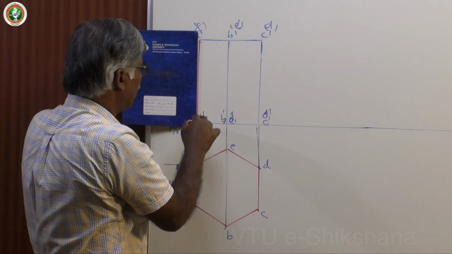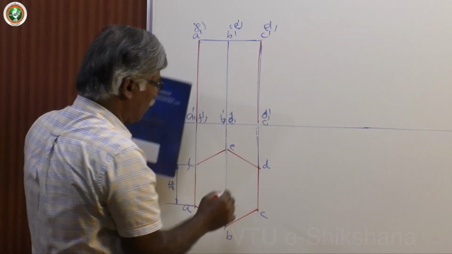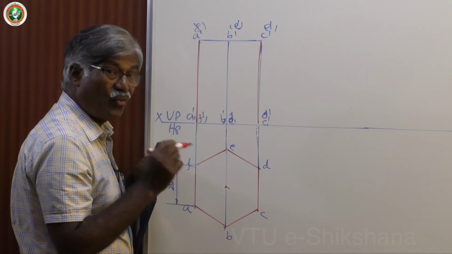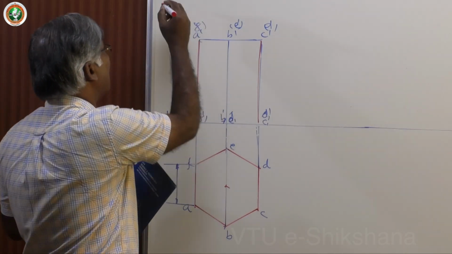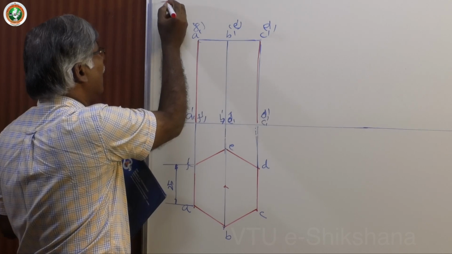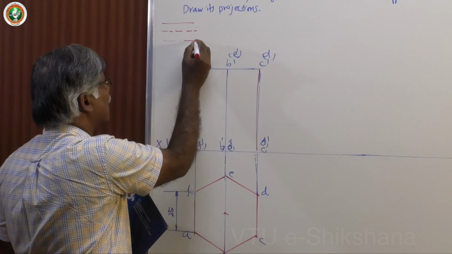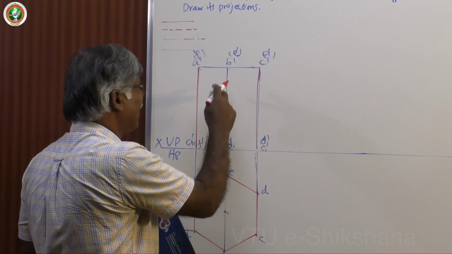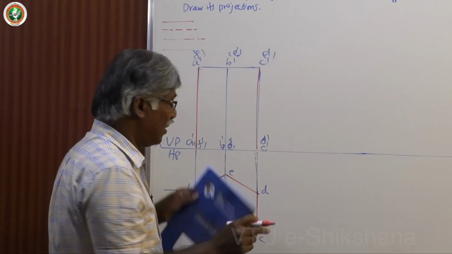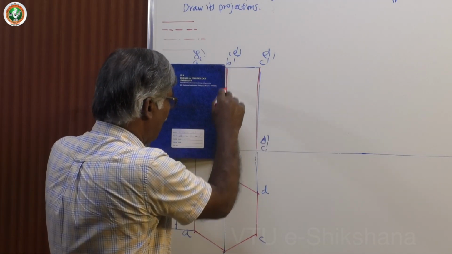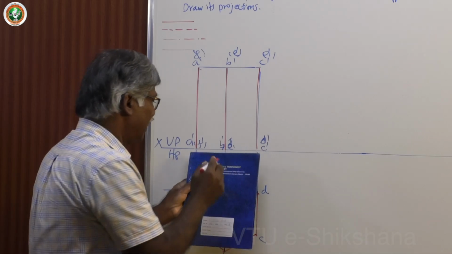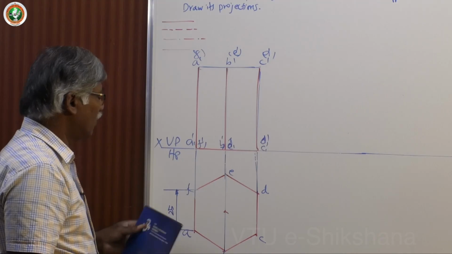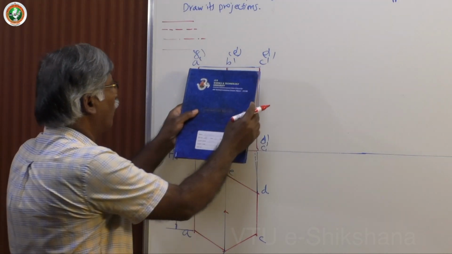These are two extreme edges, fine. What about this? BB1 is visible, EE1 is not visible, but the axis is there. Which one do we prefer? As I explained earlier, visible line, then invisible line, then axis, then construction line. Here we have a visible line. Majority of the time I have seen people keep only the axis. It is wrong. If a visible line exists, definitely you must keep the visible line. Now draw this. Okay. So this is how you get the front view of the